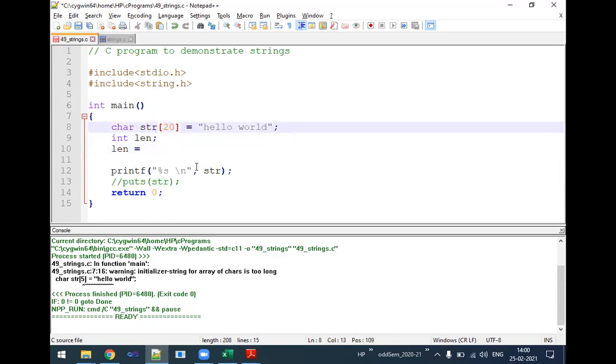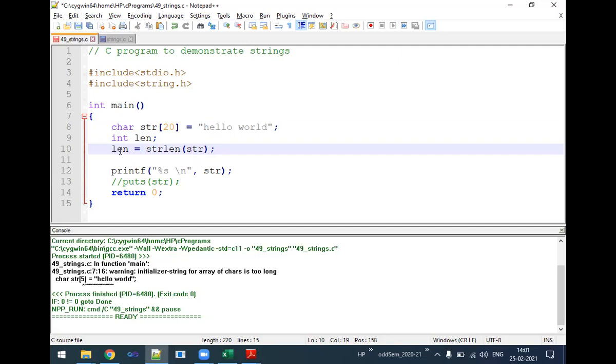Then strlen is the function and it takes one parameter, and that parameter is the name of the string. In this case, the name of the string is str. Don't confuse this str and this str, there is no relation. strlen is the name of the function and the string variable I'm using here is str.